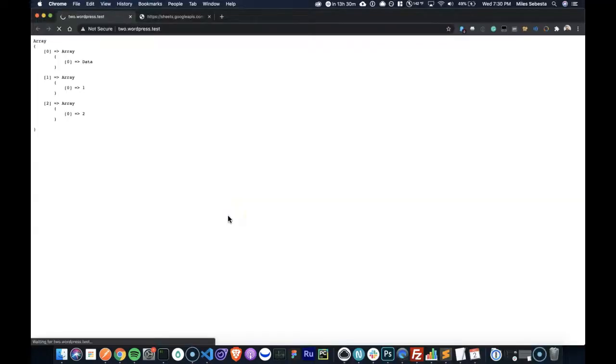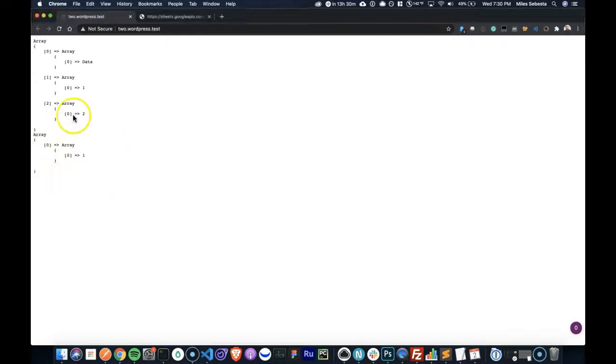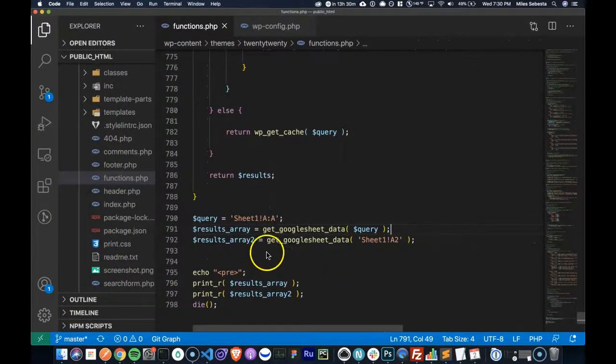So it's better to grab as much data as you can in one array and then format that array out. So again, this is how you'll notice that I'm making two requests.